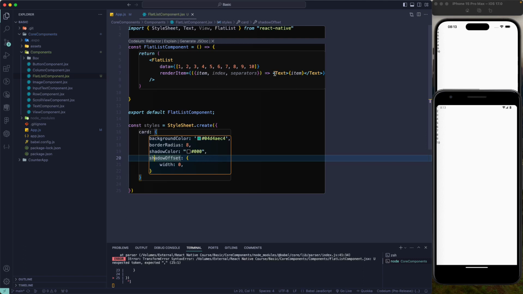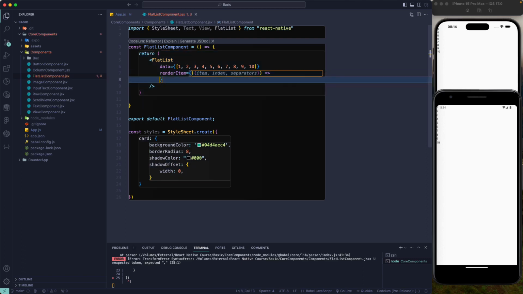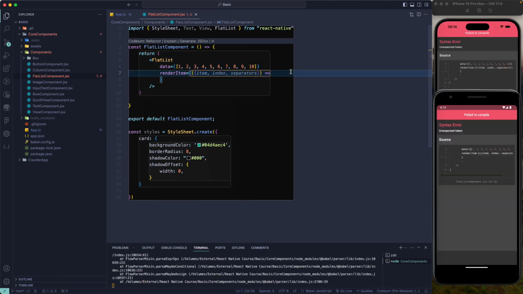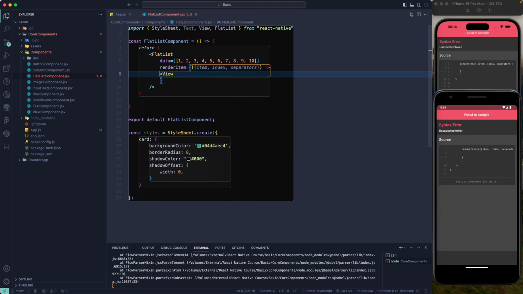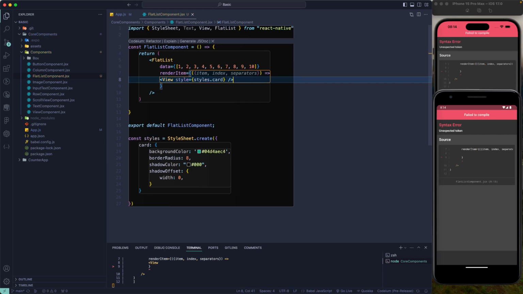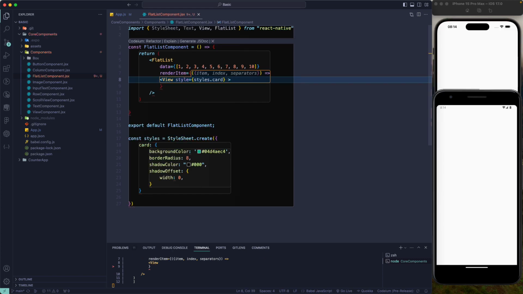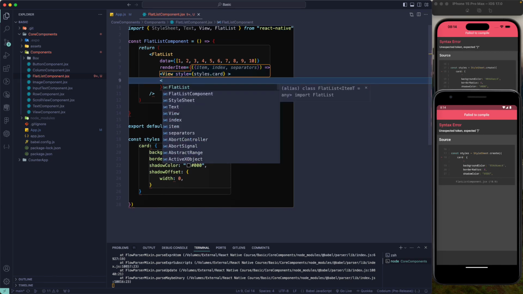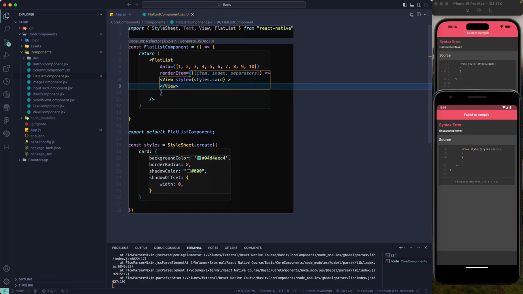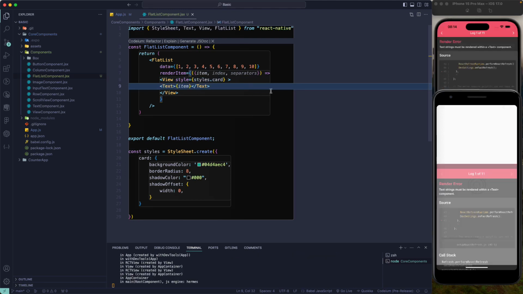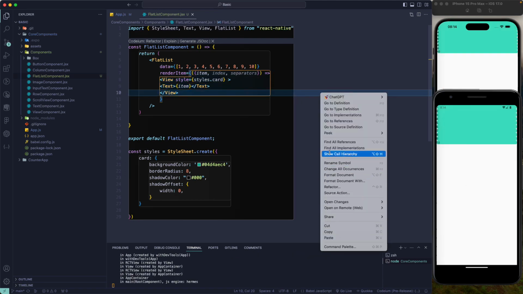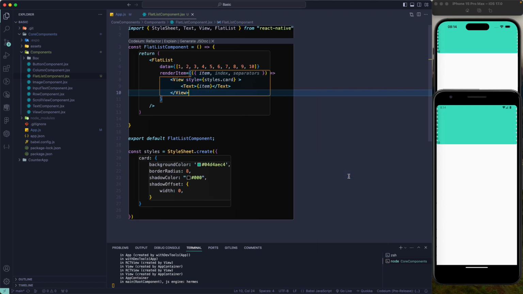So from here I'm going to return, so let's just go and remove this, and from here we'll return a view, so I can add the style over here. So style that the card over here, and with this style, let's just go and close this view over here, and inside this particular view, let's just go and add our text item. So let me just go and format the document over here, and now you can see we got that, but